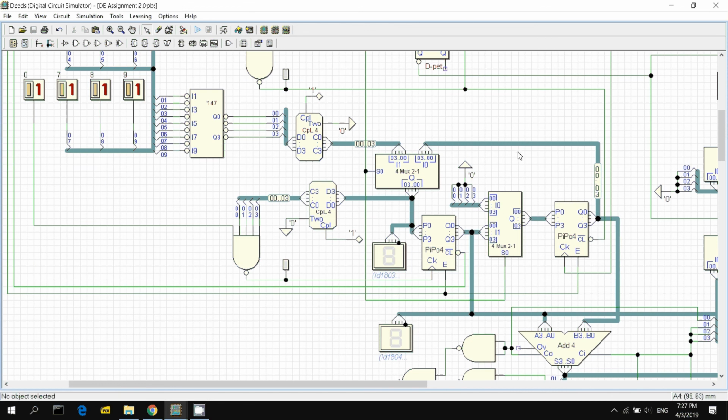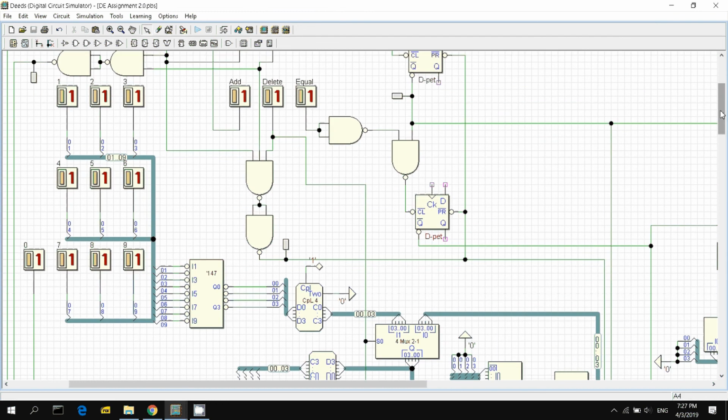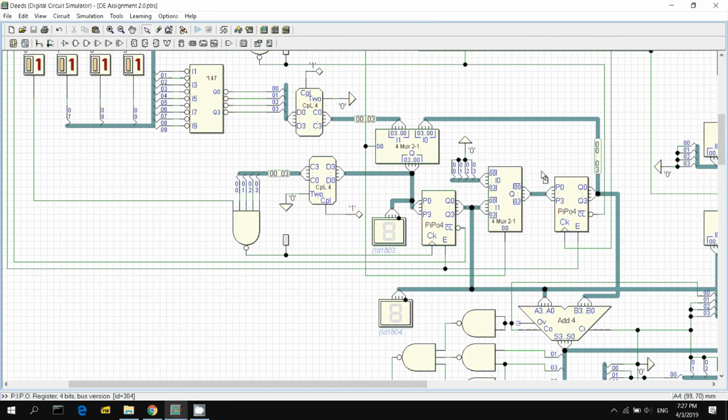But if my delete is 0, then you see here is all 0. This is a 0 logic level, and then I connect all 4 wires to 0. Why? I'll explain later. So which means that when my delete is 0, then this input will be 0 and this output will be 0. And then this register also will become 0. It is actually because this second parallel register will store the first number